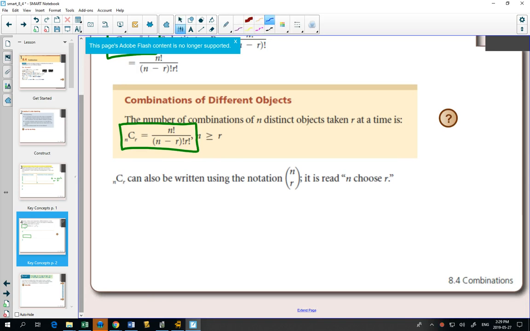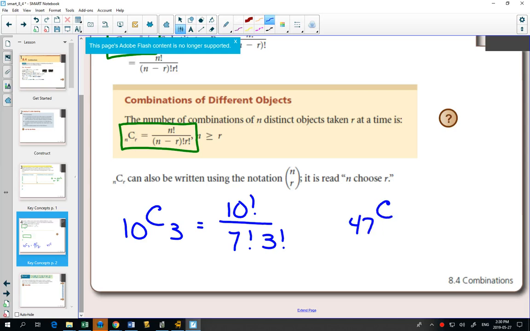Just some getting used to the combinations formula. If we had 10 choose 3, according to the formula, that would be 10 factorial on the top over 10 minus 3, which would be 7 factorial, and then 3 factorial. And what makes the combinations formula really easy to memorize,